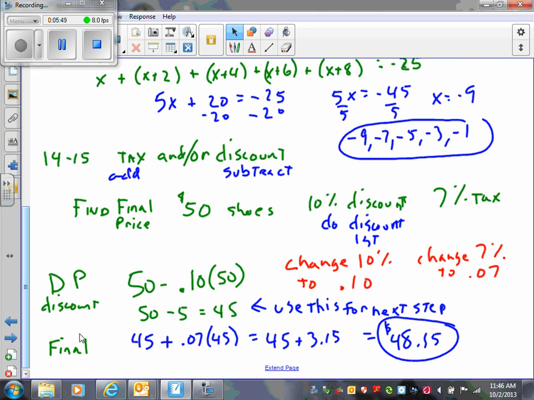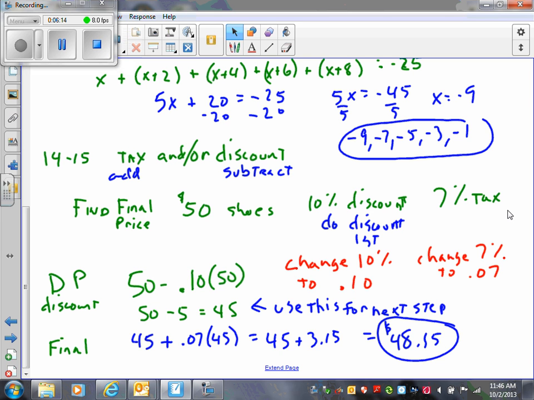Now you need to pay particular attention to problems 14 and 15 on this review because we haven't really gone over tax or discount problems. And one of them, you may have tax and a discount. Remember that tax adds to your cost, but discount subtracts. So if they want you to find the final price of a $50 pair of shoes with a $10 discount